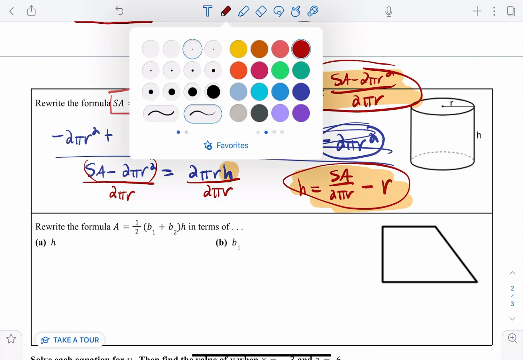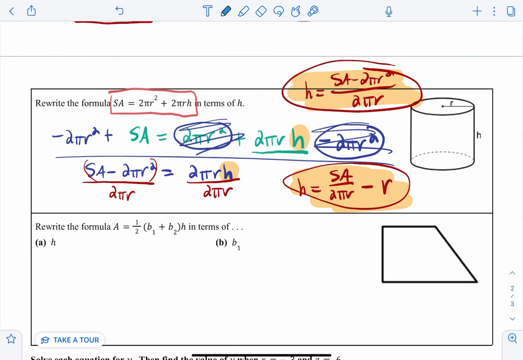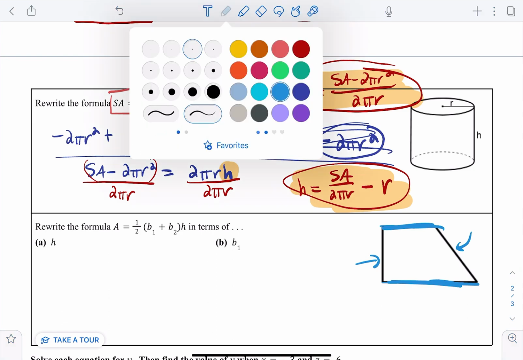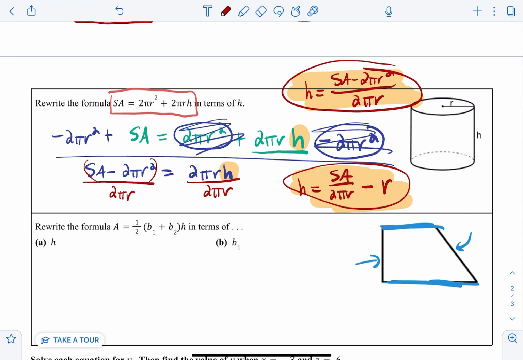And then the last geometric example I want to show here involves a trapezoid. We recall that a trapezoid is a four-sided figure where exactly one pair of sides are parallel and the other two sides cannot be parallel. Otherwise, it's going to have to be a different shape. It's not a trapezoid. So the area of a trapezoid can be determined by taking the sum of b1 and